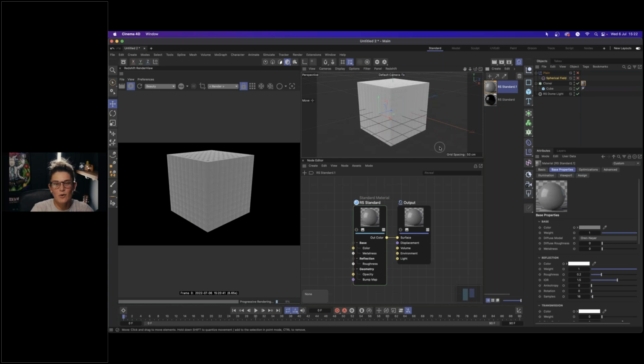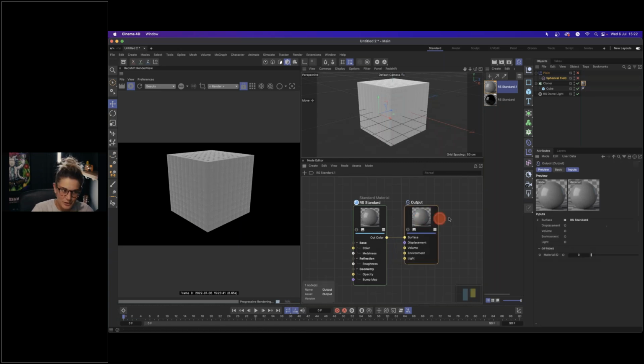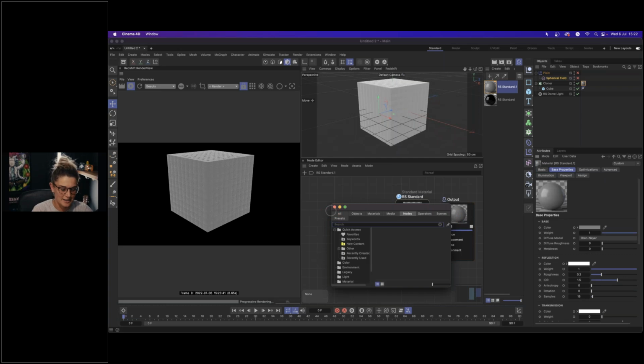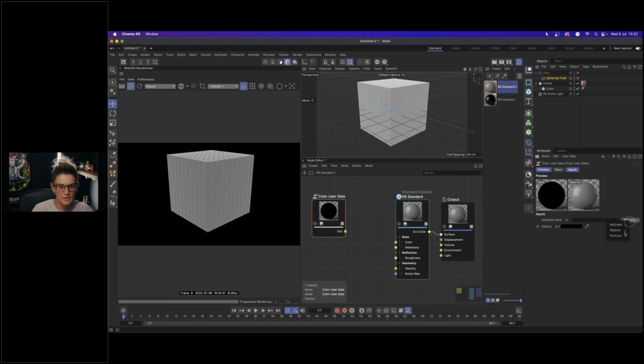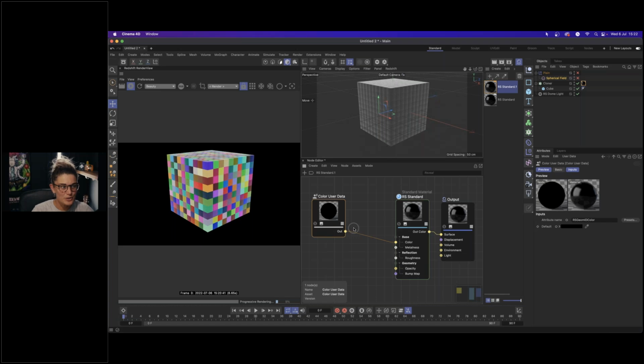Okay, so as we can see, all our cubes are grey. Not looking very interesting. Well, color user data has an amazing setting called Geometry ID color. What it's going to do is assign a random color to every individual geometry ID, so every individual cube in our case. So let me set this to a geometry ID, and then we're going to plug it into color. And now we just have a whole random selection of colors inside of here, which I think is really